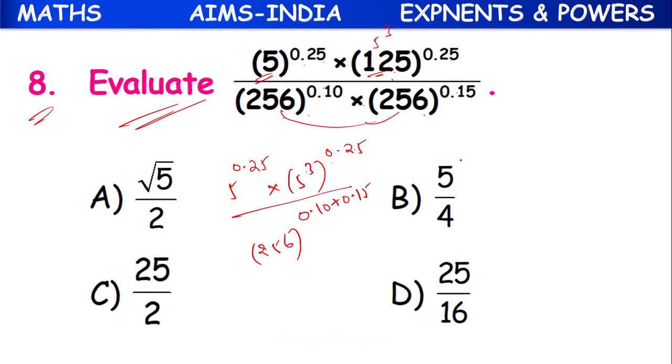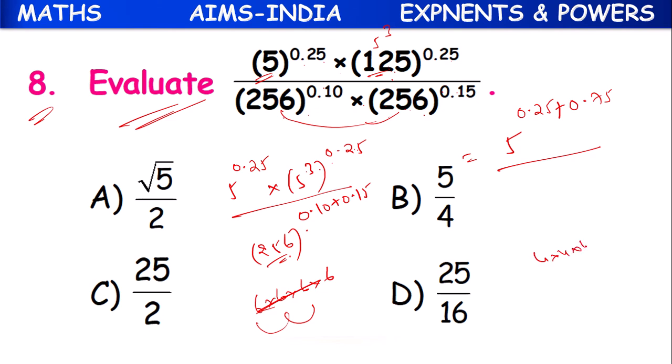Here also we can add them. 5 to the power of 0.25 plus 3 into 0.25, 0.75, by, here 256 can be written as 4 into 4 into 4 into 4. 4 fours are 16, 16 fours are 64, 64 fours are 256. So we can write it as 4 to the power of 4 whole to the power